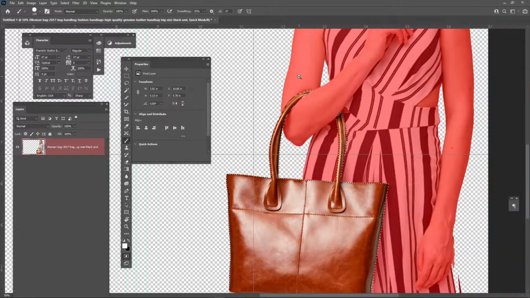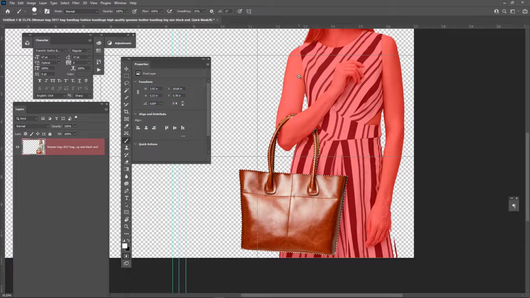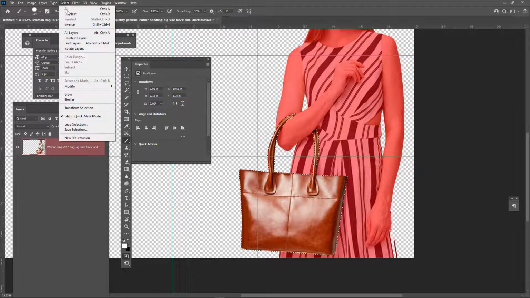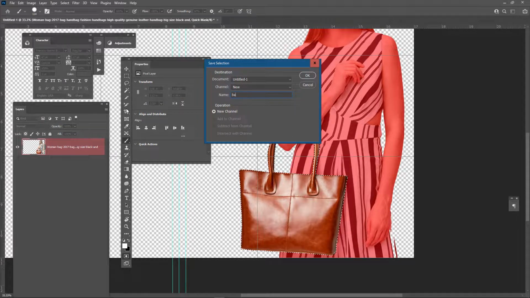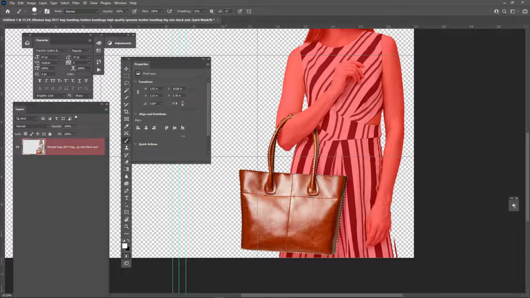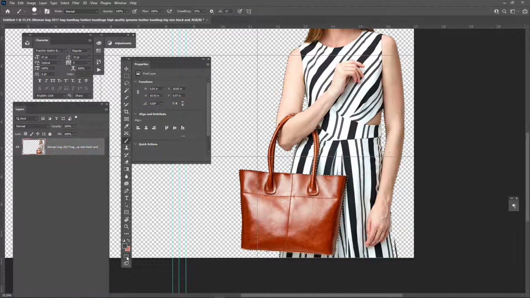As I zoom out, now you can see we've got the handbag separated, and if I want to just have this, I can go to Select, and save the selection, and call it bag, just so that I have it. And now when I get out of quick mask mode, we've got